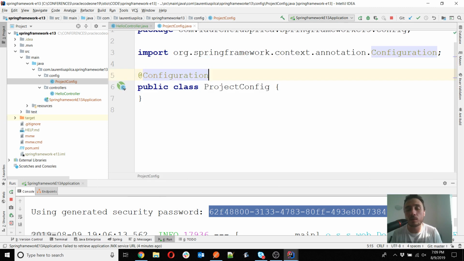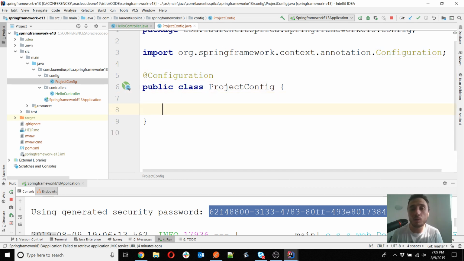So now it is a configuration class, and that will allow me to specify beans within it. In my case, the first bean that I would like to define is the bean of the contract UserDetailsService. So the three important contracts that I would like to discuss during this short lesson is UserDetails